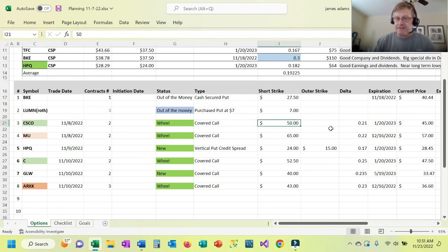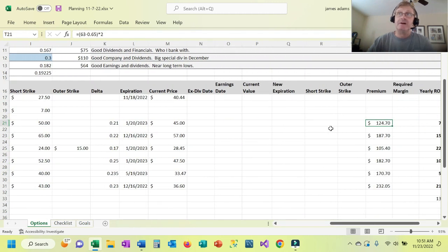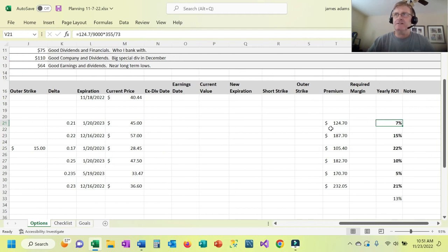It was for $50. I believe at the time it was $45, so it was more than a 10% improvement. The delta was 0.21, or again, I like to do a 20 delta for my covered calls. And it's expiring on 1/20/23. Let's see what kind of premium. I picked up $124 in premium, which I believe was a little bit higher than what the typical